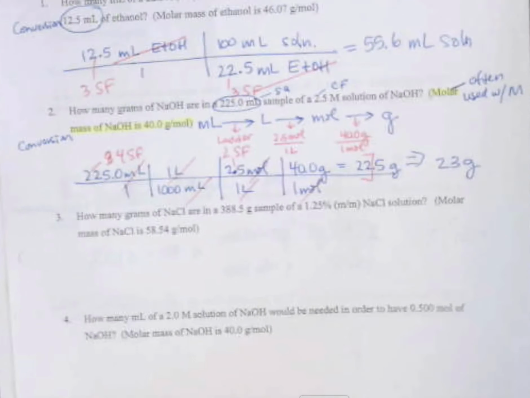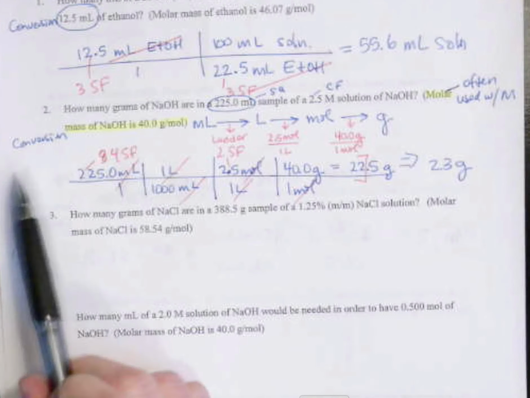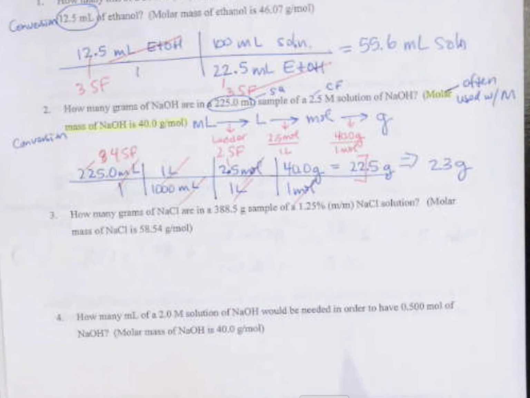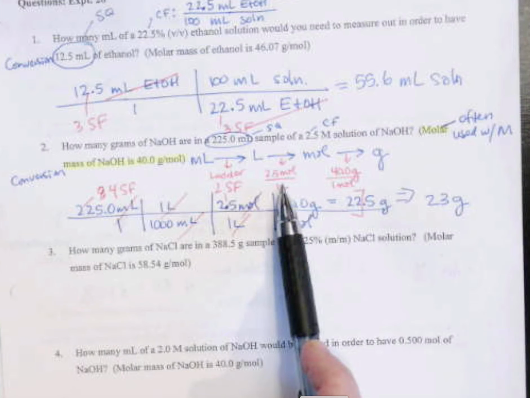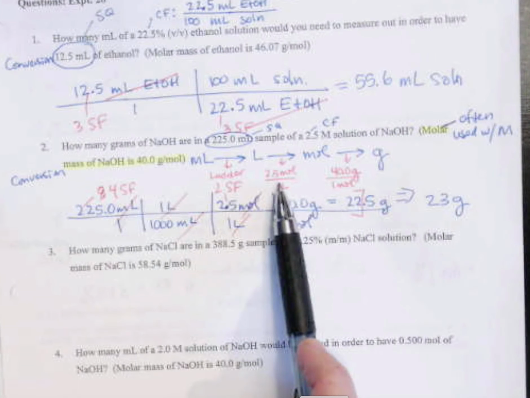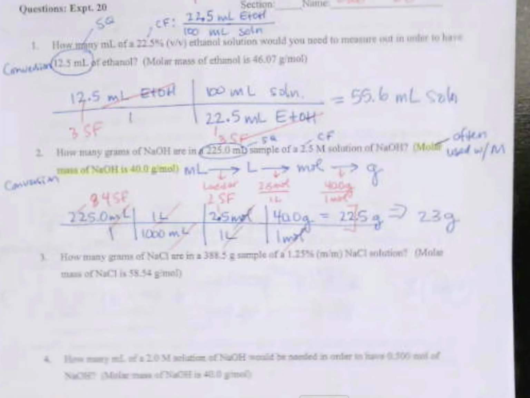Okay, so the rest of the problems on pages 151 and 152 are some sort of conversion or concentration calculation. So be careful with these. I highly recommend circling the starting quantity and then writing out your conversion factors in this format. It's going to take you a long time to figure this out. Remember, the molar mass is not always needed. Now I'm going to flip back to page 149, and